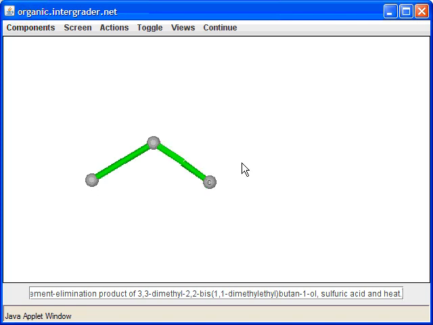Here's another large compound that we have to decide what to do with. So let's draw butanol. At the 2 position, we want to add 2 of these. You may not remember this, but bis represents 2, another fancy way of saying 2. So what this means is you have 2 1,1-dimethylethyl groups, which is just another way of saying 2 t-butyl groups.